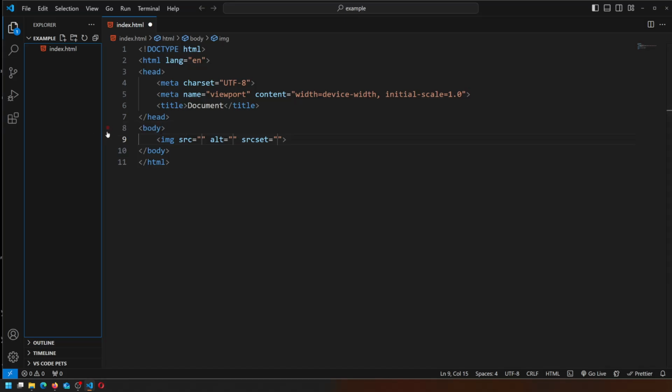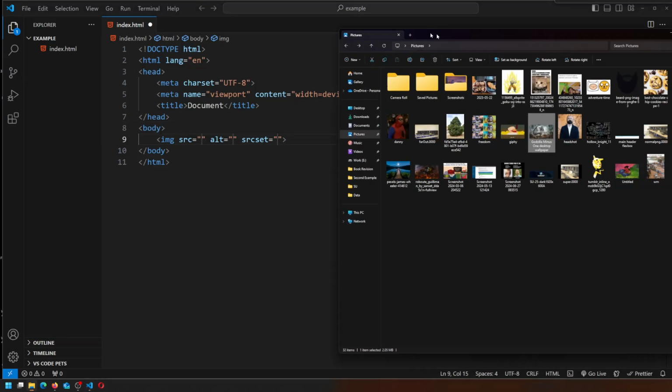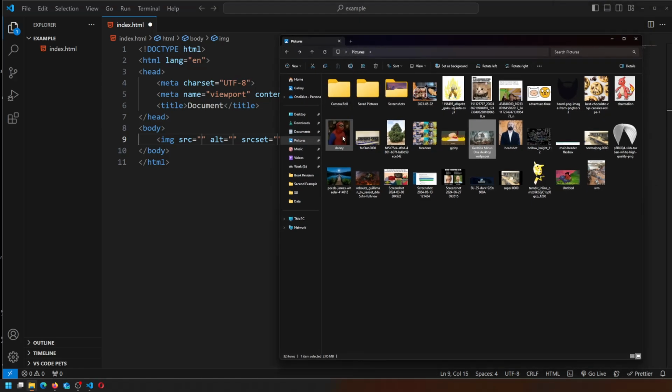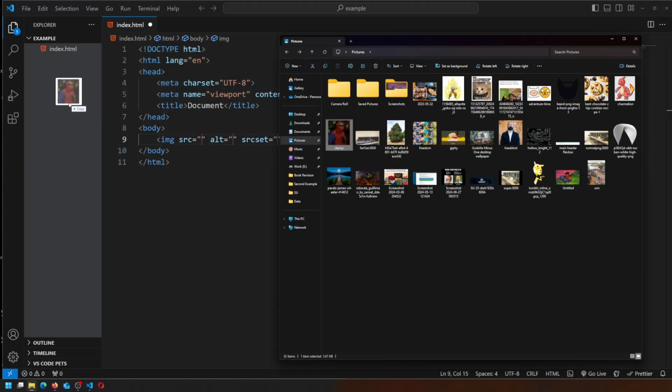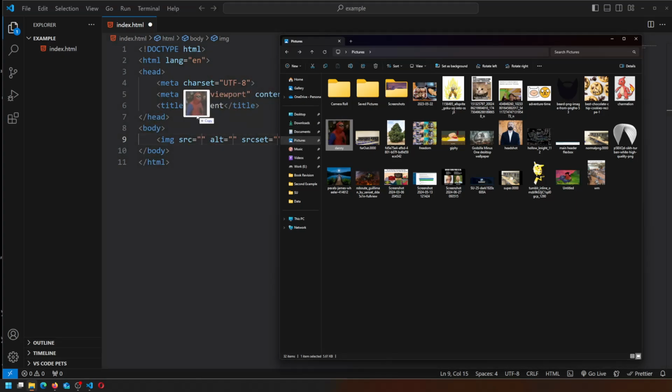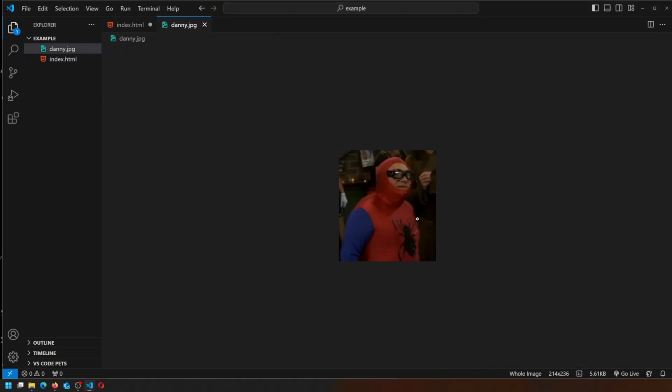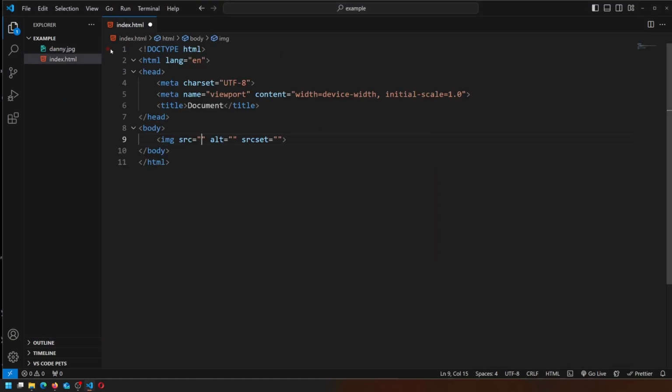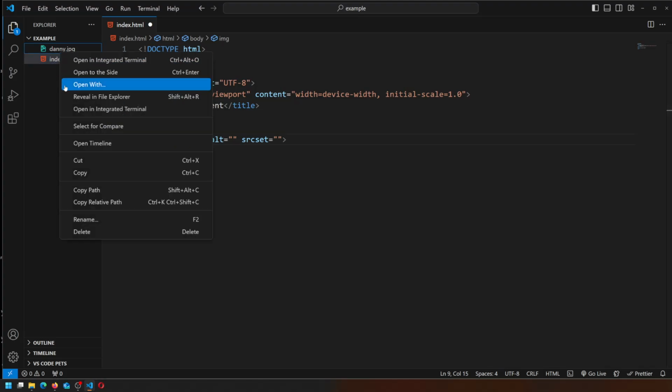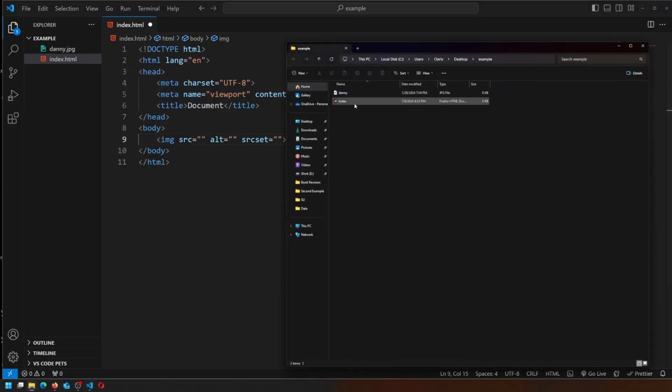So the first thing is obviously we need an image. So from my pictures folder, let's say this picture right here, my boy Danny, I can click and drag, and it's going to copy the picture over. Okay, and now that picture is living inside of my project itself, right? And we can verify this. If I right click this and say, where is it? Reveal in File Explorer, it's going to show me that indeed I have two files inside of